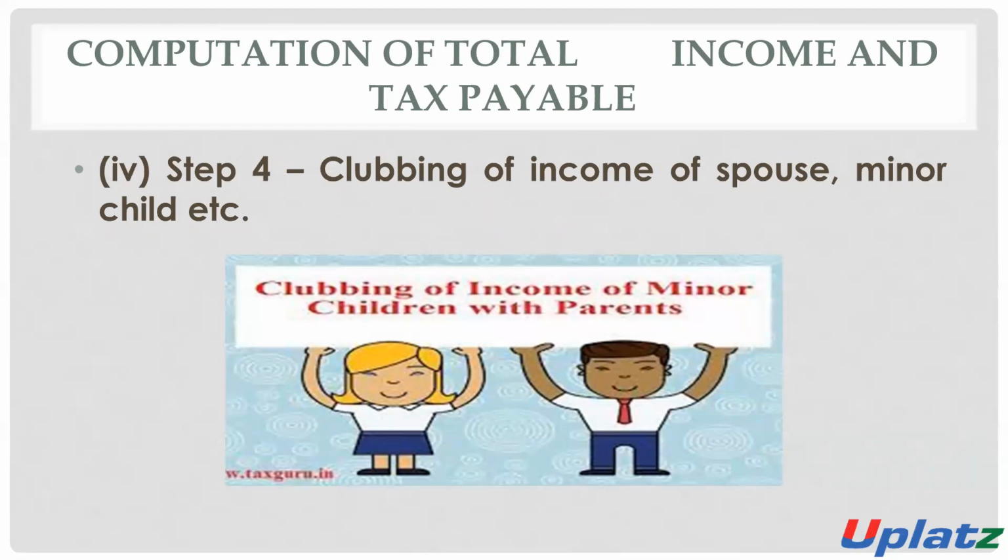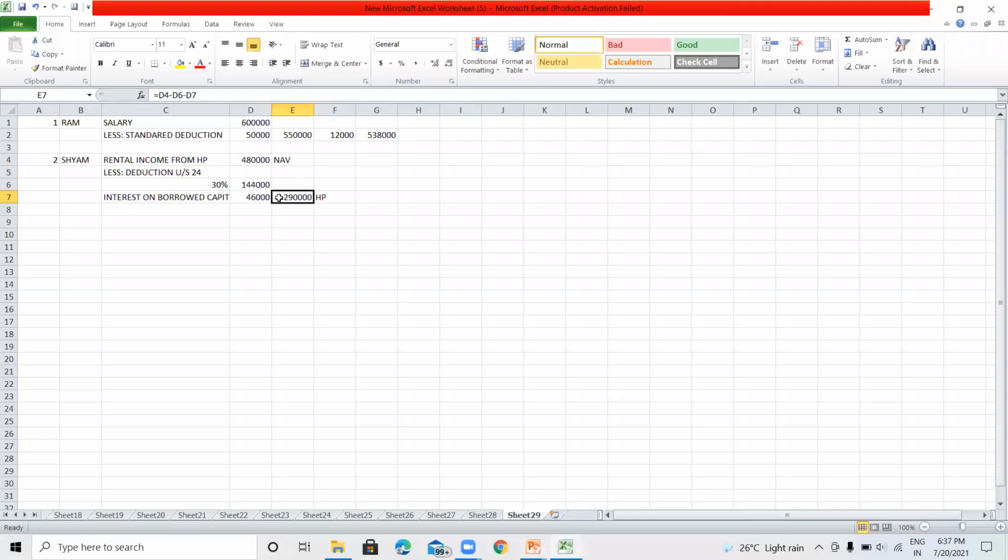Or if any assessee transfers income from an asset to his spouse without transferring the asset, then the income from such assets will be taxable in the hands of such person, not in the hands of his spouse. Just like for example,